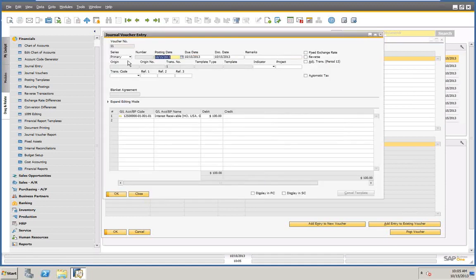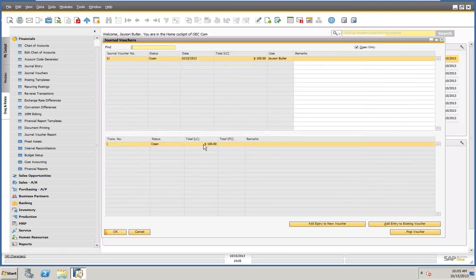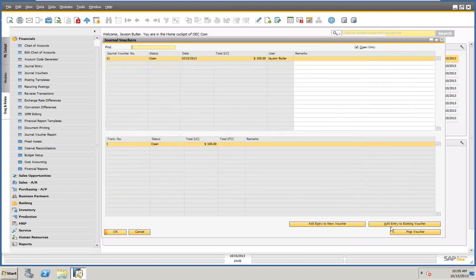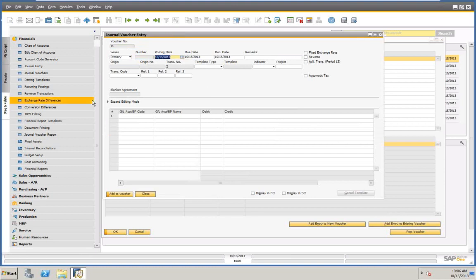Okay? And what I can do is go in, or I can just double click on here and I can continue where I was. So I can do a couple things. If I click on the line, you can see here that I can continue where I left off. If I click on here, add to existing voucher, I'm going to create another transaction underneath the journal voucher. So if I click here,